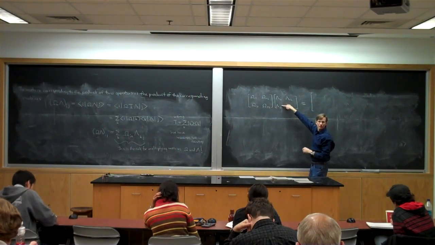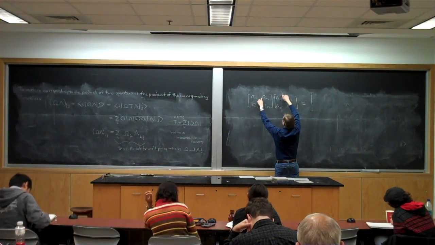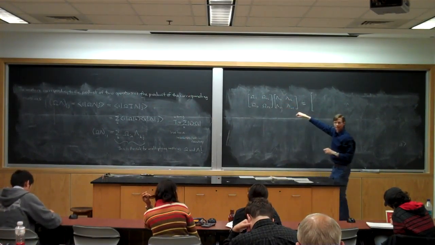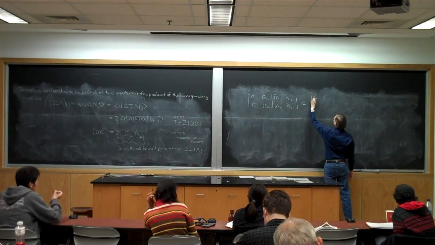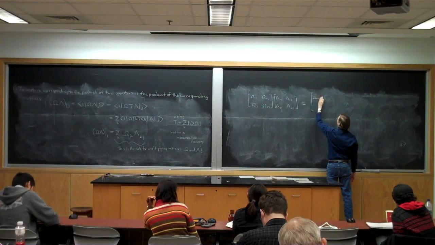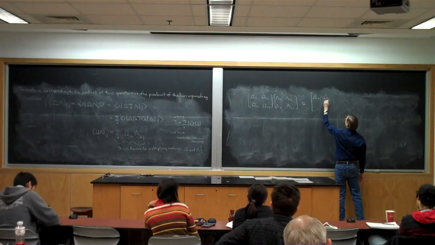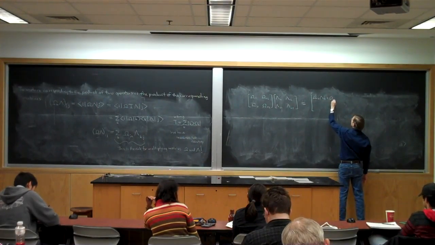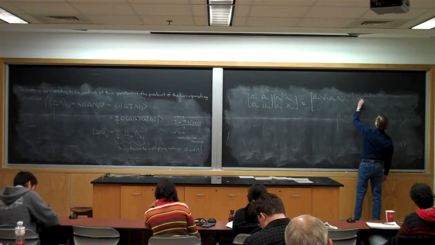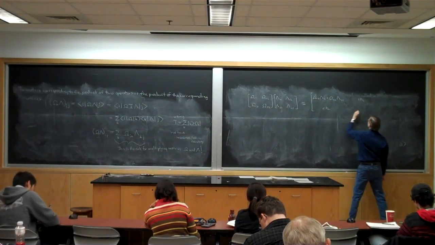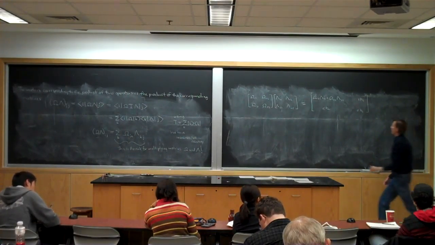Right? That's the rule for multiplying matrices. Dot the ith row with the jth column to get the ijth entry. So this will be omega 1,1 lambda 1,1, plus omega 1,2 lambda 2,1, etc., etc., etc. So notice that